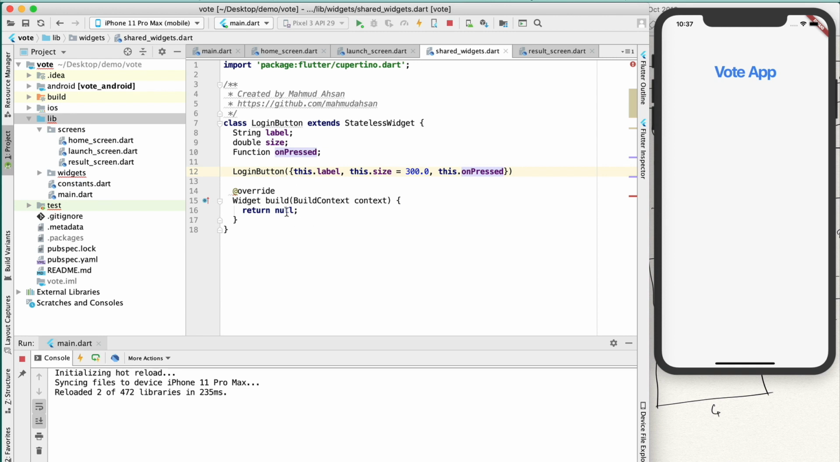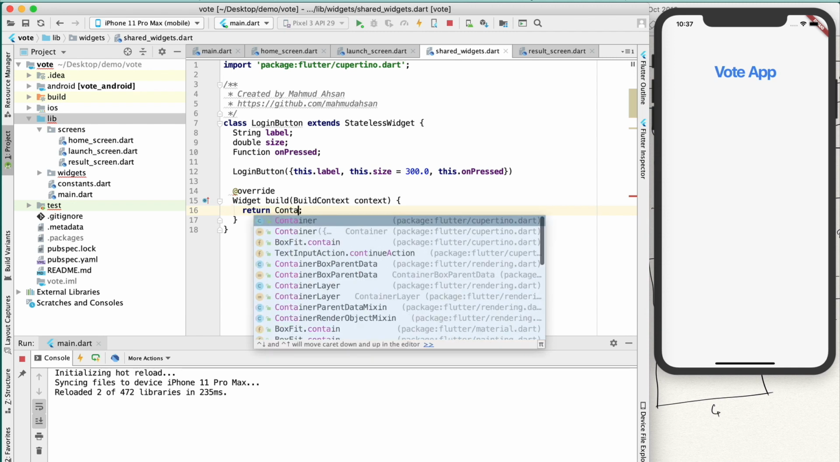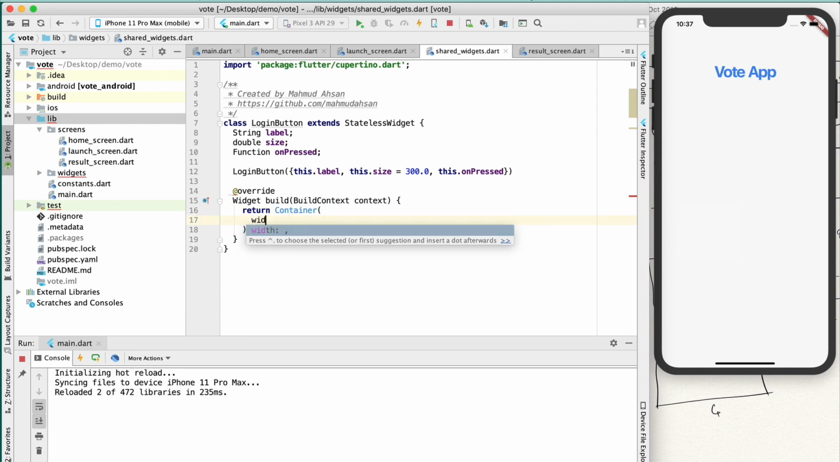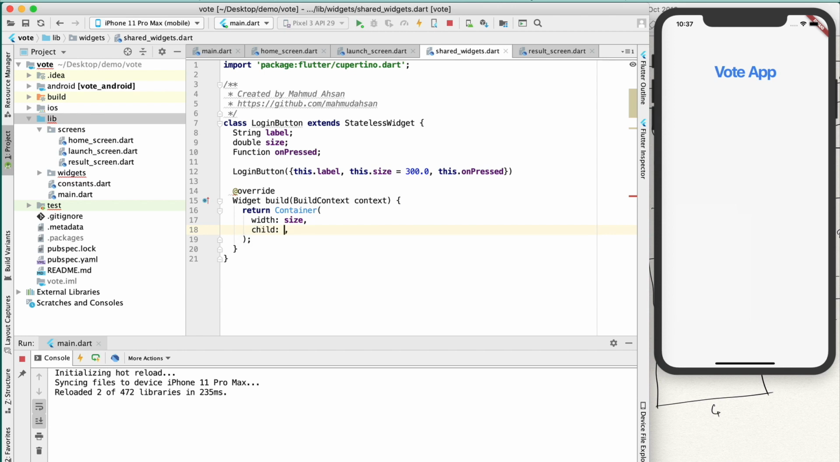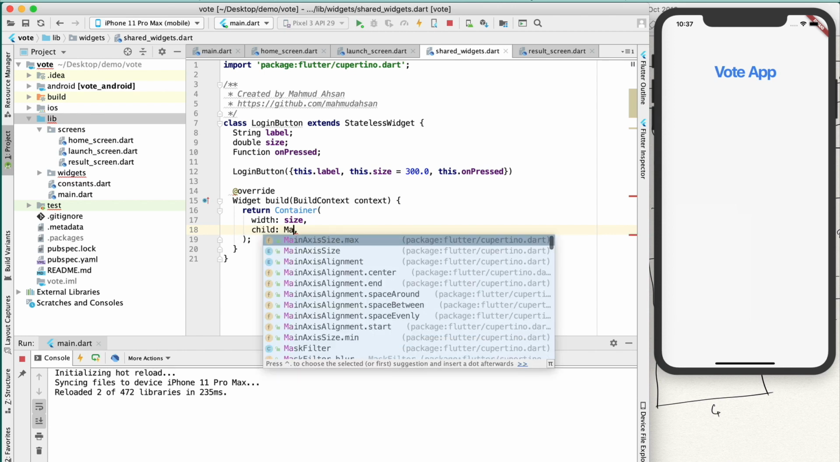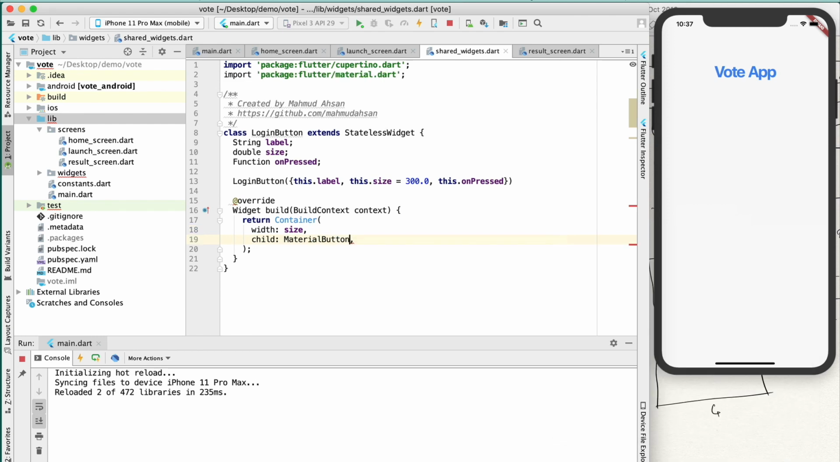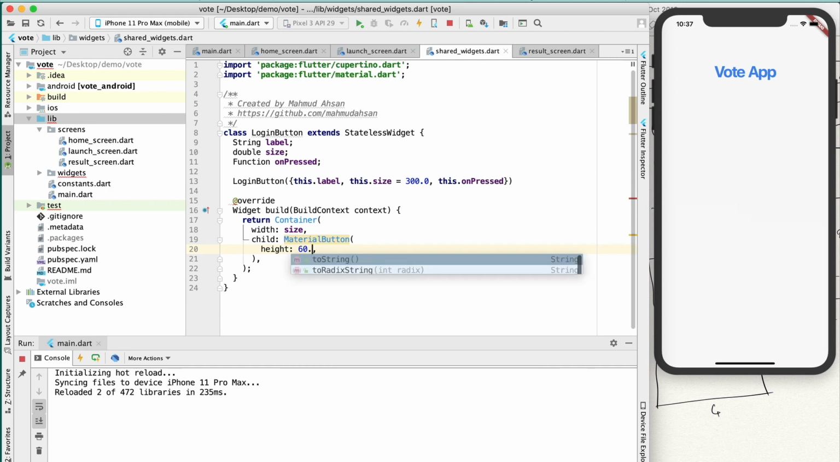So let's define this build function or build method. So here remove this null and use a container, and for the width we will use this size, and for the child we are going to use the material button. So in the material button we want to give the height for this button as 60. Also we want to give some padding,